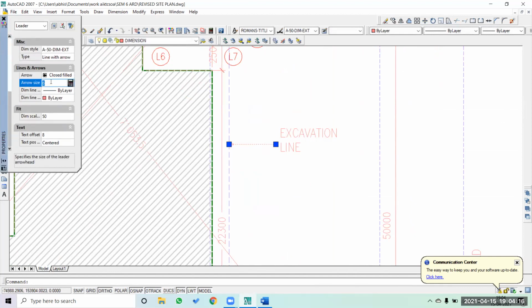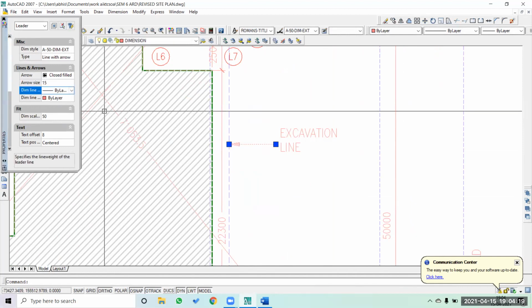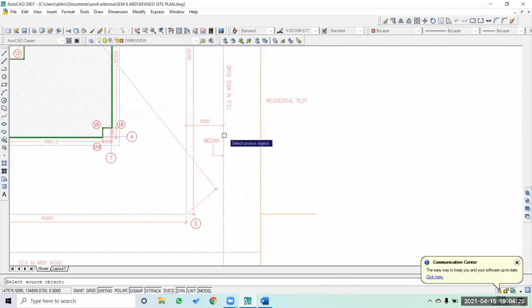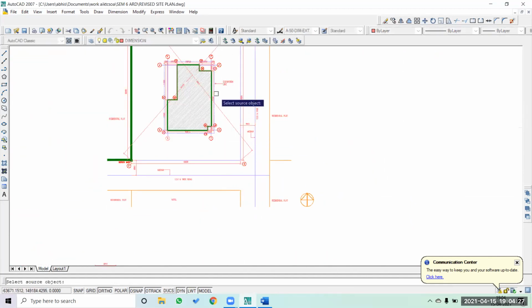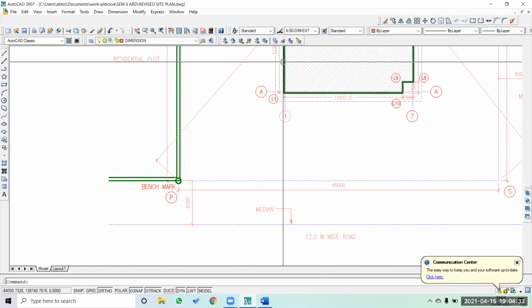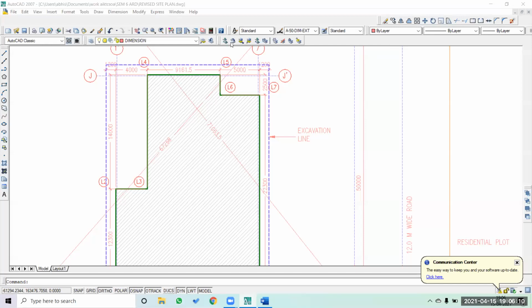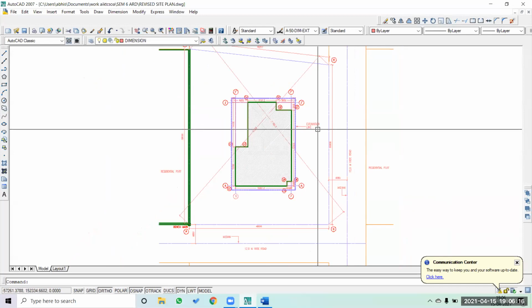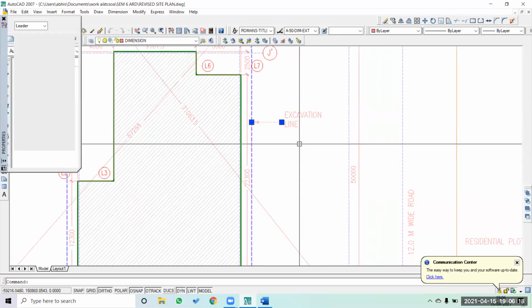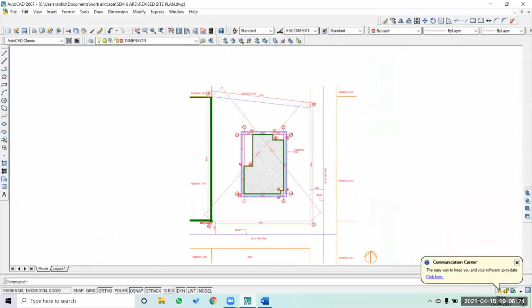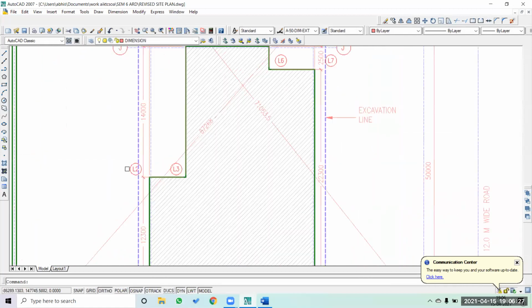So the arrow is 6, so I'm going to make it 15. Okay, so I have marked the excavation line right now. I have also changed the value of the arrow by going back here to 15 so that it is readable after printing it. So the excavation line is marked.